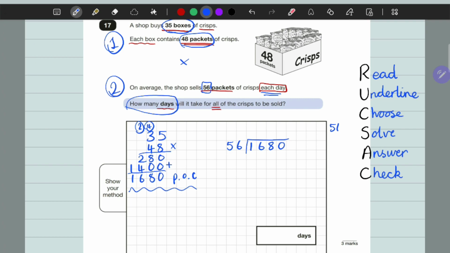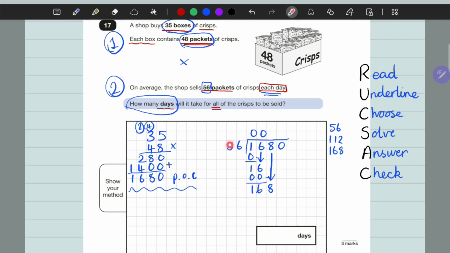Again, I'm going to get my times tables written over here. Your 56 times tables is probably not one that you've learned before, so you may need to add them up in column on the side here, but I think that's going to be far enough. Now, 56 going into 1 doesn't go. 56 multiplied by 0 gives me 0, leaves me with 1, and bring down the 6. 56 into 16 still doesn't go. I'm going to do 56 multiplied by 0, gives me 0, subtract, leaves me with 16, bring down my 8,